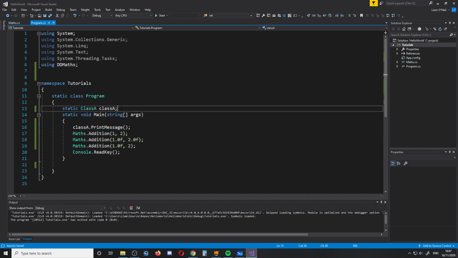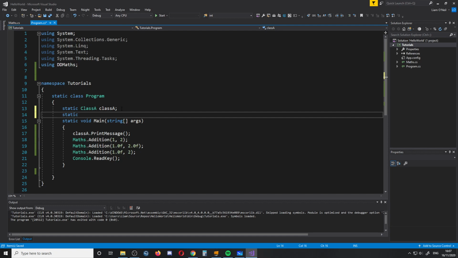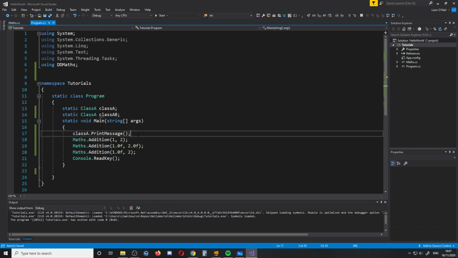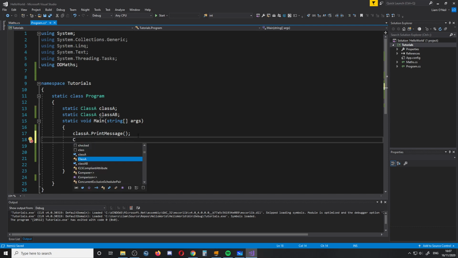And then you could do the same thing again, class A, and this time I'm just going to say class A, B, just because it's called class A. And then you could say class A, B, dot print message, and that would call this function in this specific